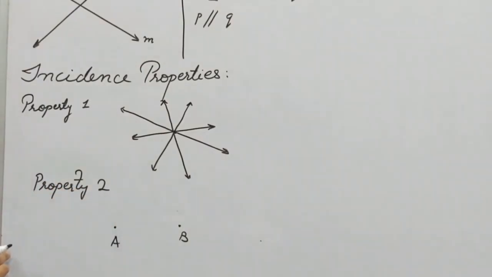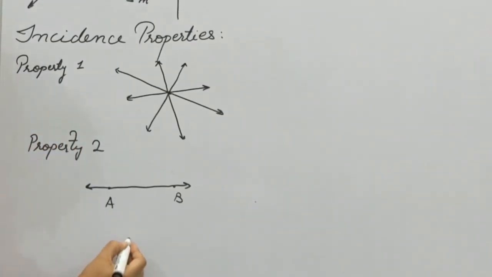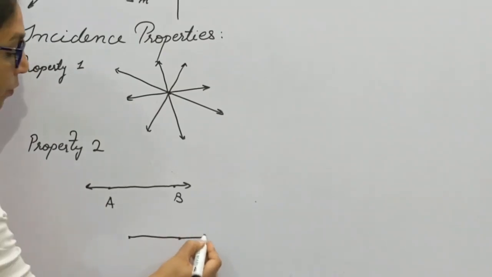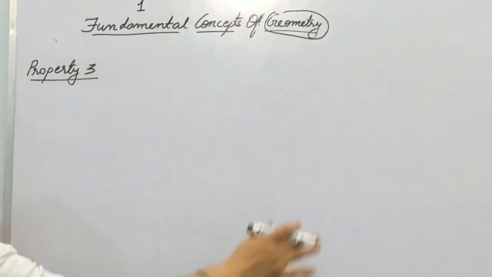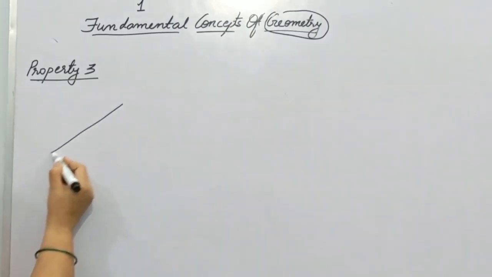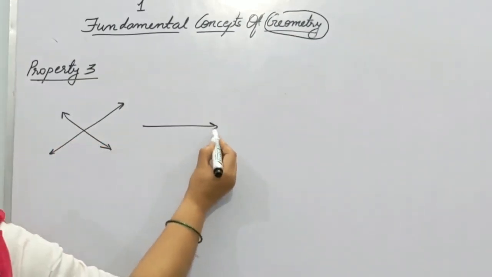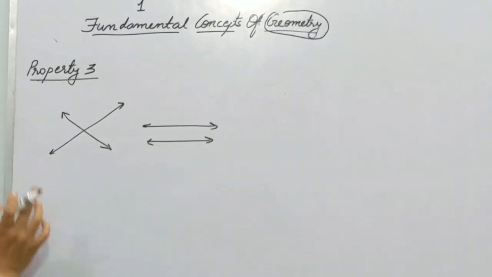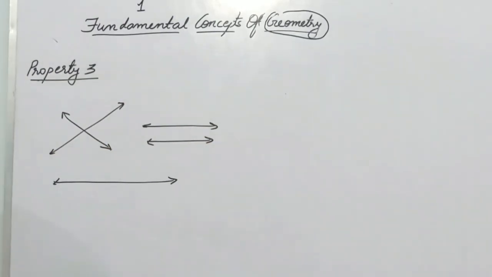Property 2. Only one line is possible passing through two given points on a plane. In terms of rays, we can say only one ray is possible which passes through the two given points. Property 3. When you draw two lines in a plane, either the two lines are intersecting lines or parallel. It means whenever you draw only two lines, there are only two possibilities: either they meet at a point or they never meet. In case they meet at two or more points, it means the line is the same. Make a note.